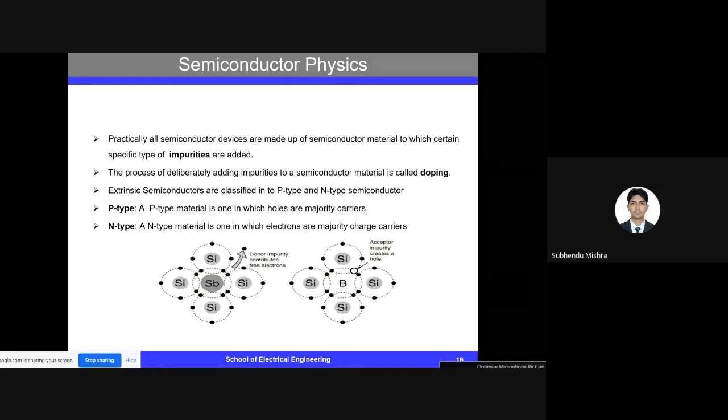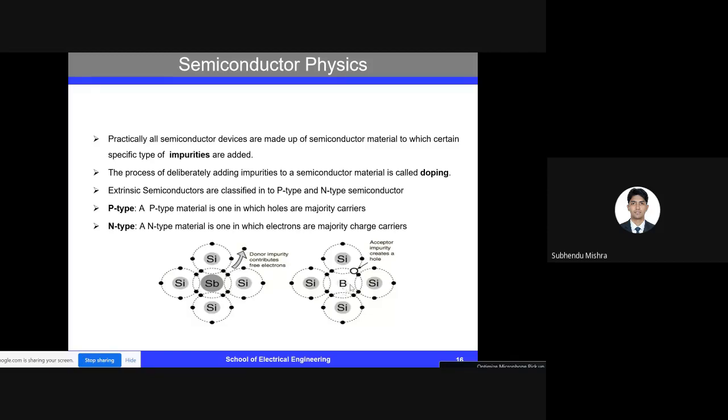We already know that there are two types of doping, the p type and the n type. The p type doping has the holes as the majority carriers, and n type doping has the electrons as the majority carriers. How they are formed, you already know. The n type is formed using a pentavalent atom, and when we dope it, we have an extra electron because it's a pentavalent atom. The other bonds are covalent bonds, and we have an extra free electron over here.